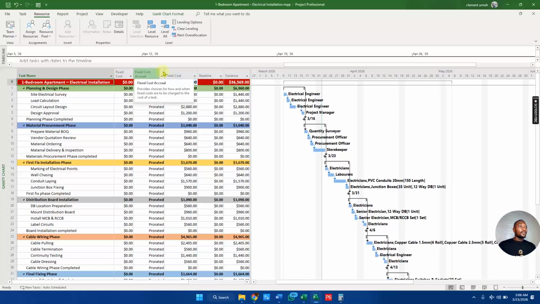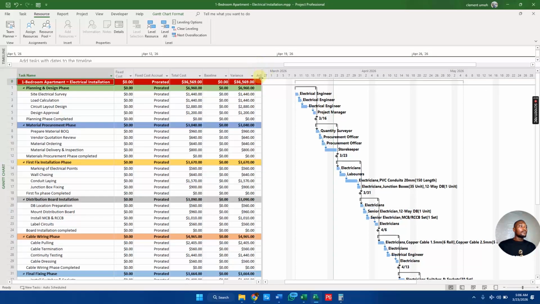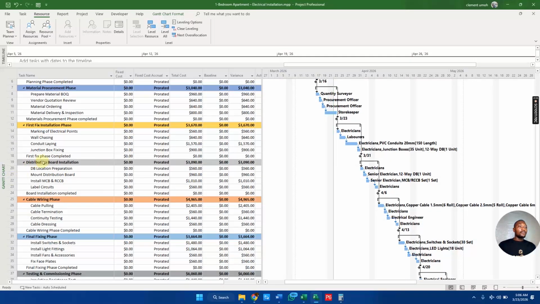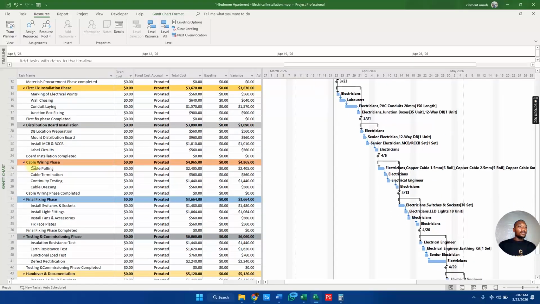This is the total amount we are spending on costs. All right, so now I look at the planning phases. This is what we're spending on the planning phase: $6,960 on our planning and design phase. On our material procurement phase, we're spending $3,040. On first fixing phase, we're spending $3,670. On our distribution and board installation, we're spending $6,090. And cable wiring, we're spending